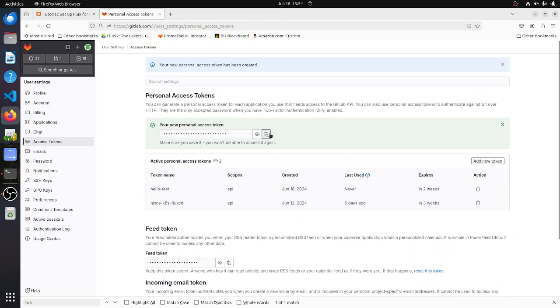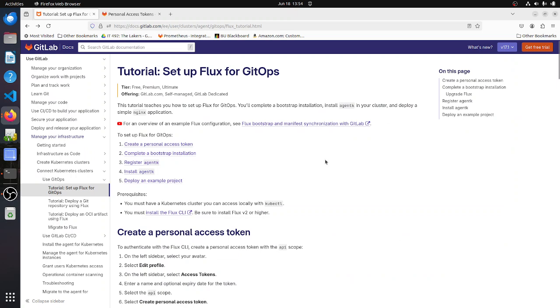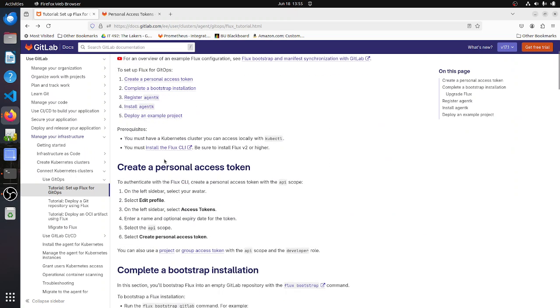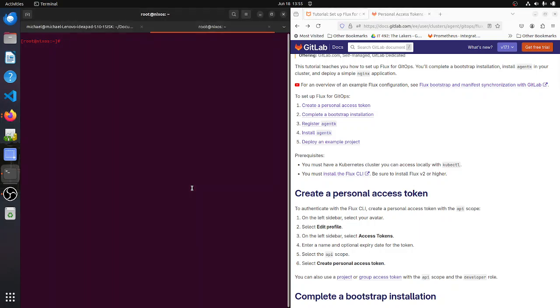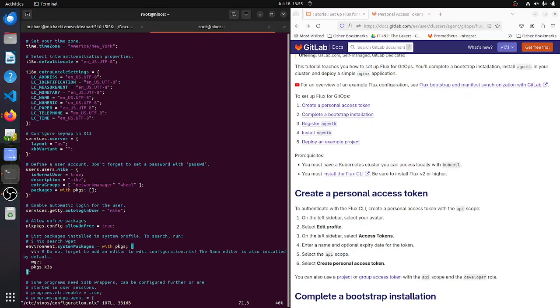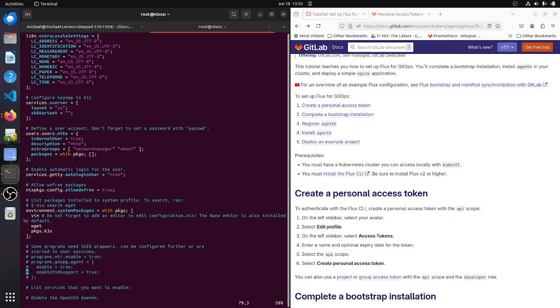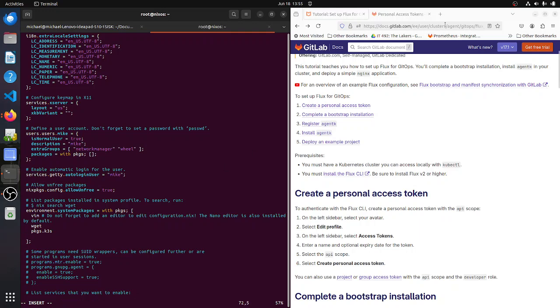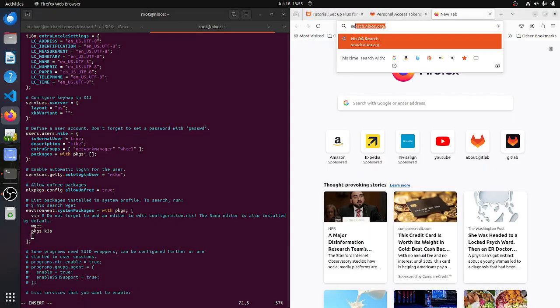You can copy it with this. Okay. And that is this step here. Now what you need to do in here is you're going to go into /etc/nixos/configuration.nix, or whatever it is, and you're going to install Flux here, and you can go like this,